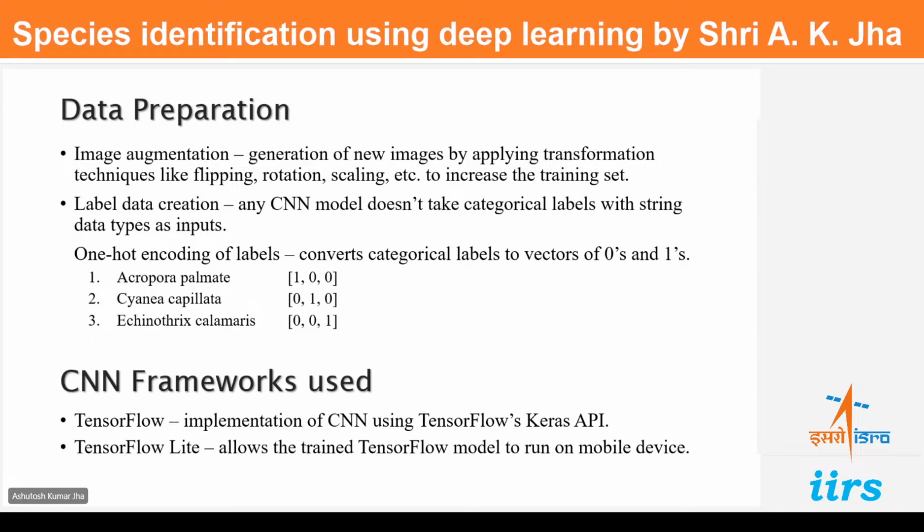Similarly, the second column represents the second species, which is Cynia capillata. So this kind of labeling in hot encodings is being created, which can be put into CNN and DNN models. We have used the basic core architecture of TensorFlow. The reason for that was that it is easier to import into mobile-based devices. So we can train a model, and then that model can be converted into mobile-compatible